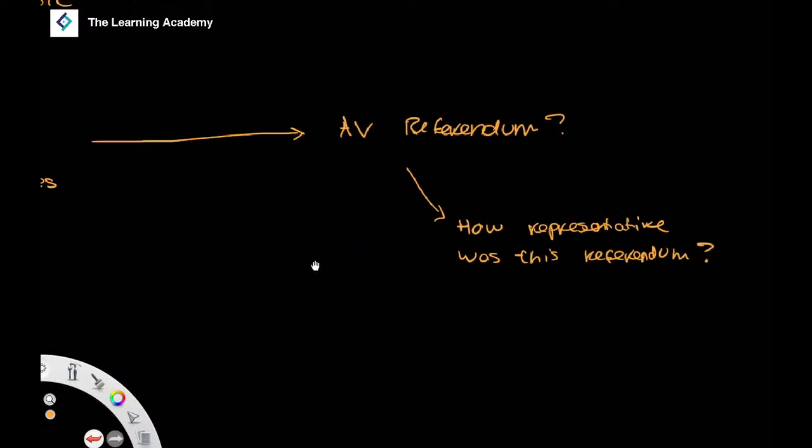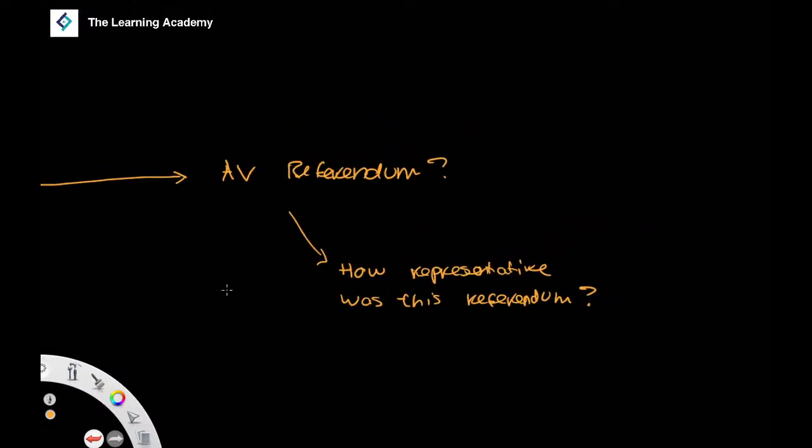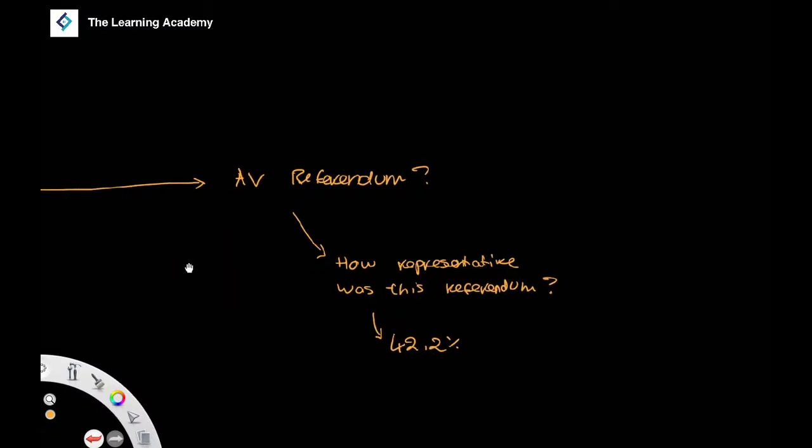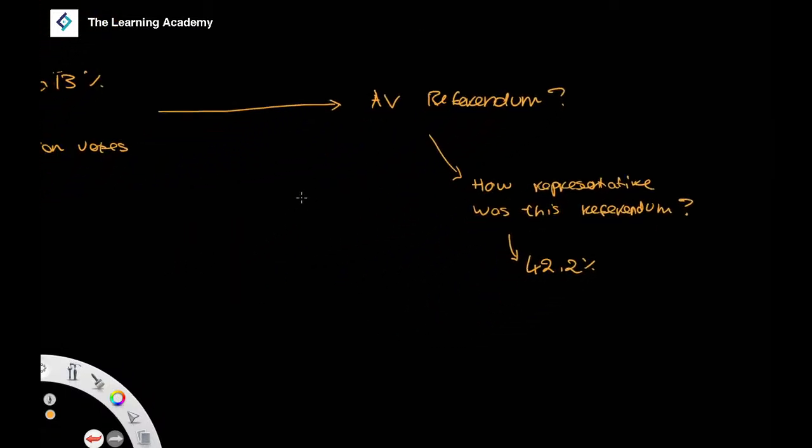And you could bring up turnout again, because it only had a 42.2% turnout. So you have a relatively low turnout. And it also shows, you were right again, that the AV referendum shows voting systems are not an emotive issue either. So not only was the turnout very low, nobody really cared about the AV referendum, but the two main parties,